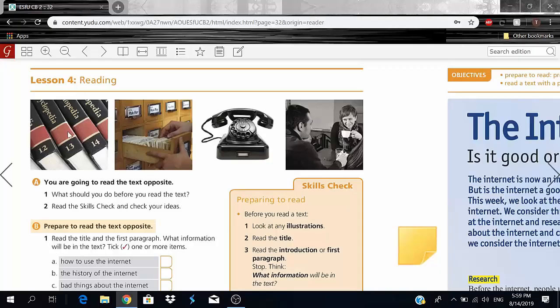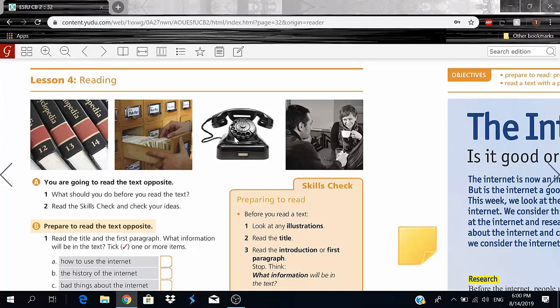Alright, you guys. So now we have lesson 4 reading, and we have 4 pictures here. And can you guys tell me what are these pictures talking about? We know that every picture tells a story, but what do these pictures exactly mean? So yes, that's correct. These are things that we used to do before the internet existed. So for example, we used to open up books to do research. I mean, we still do that, but all of this is now on the internet. I'm guessing these are letters, an old phone that people used to have in their home.